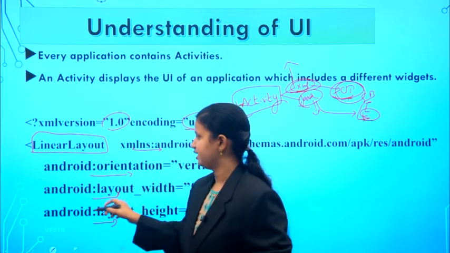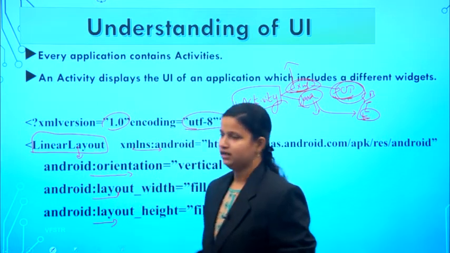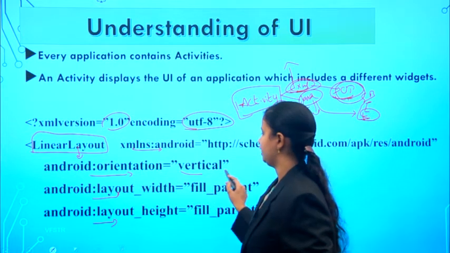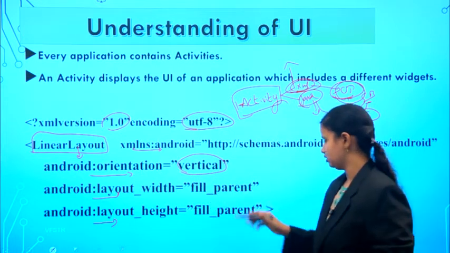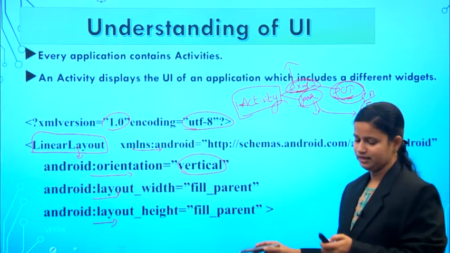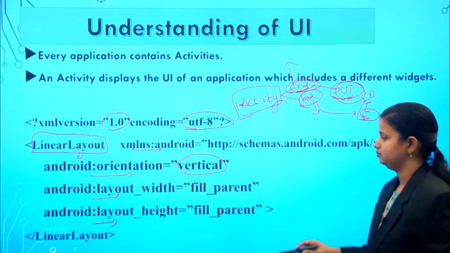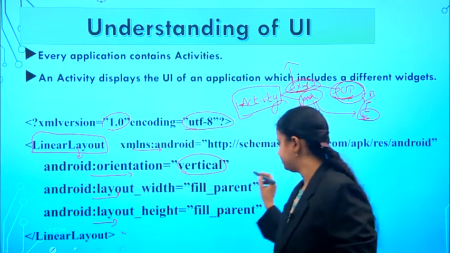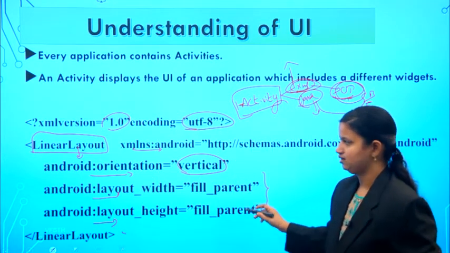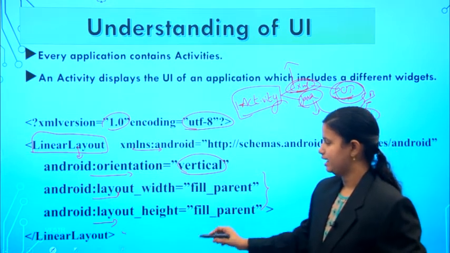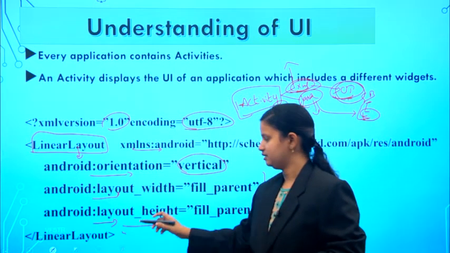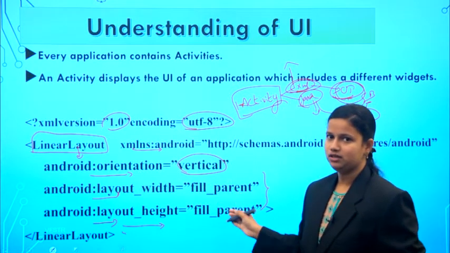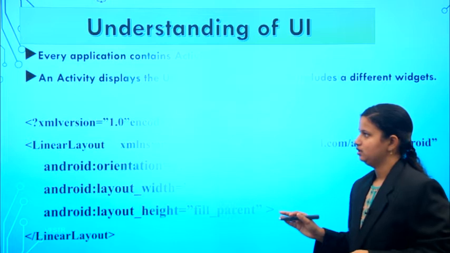These properties will decide the size of the linear layout, width and height. Orientation means we have to arrange the views in either order. So, this is some linear layout and we have to close this linear layout. These are the size and the different things for this linear layout. After that we have to add different components in this place. After that we have to close this linear layout. In this way is the basic design of the XML file.